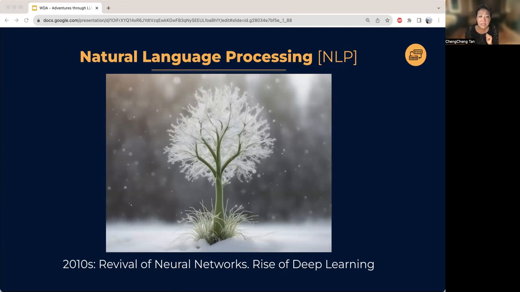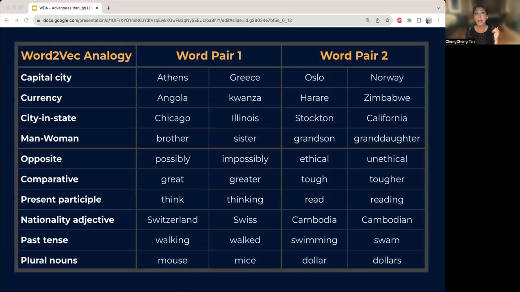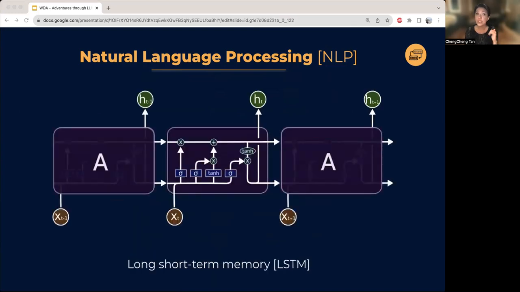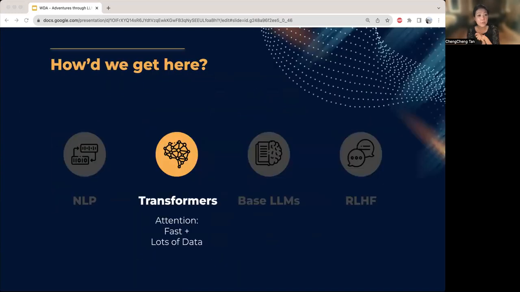Well, I've only got 10 minutes, so I'm going to skip to GPT, which stands for generative pre-trained transformer. Transformers are a special kind of neural network introduced by Google in 2017.